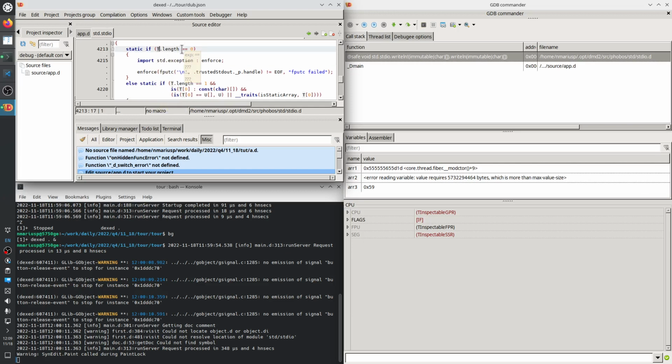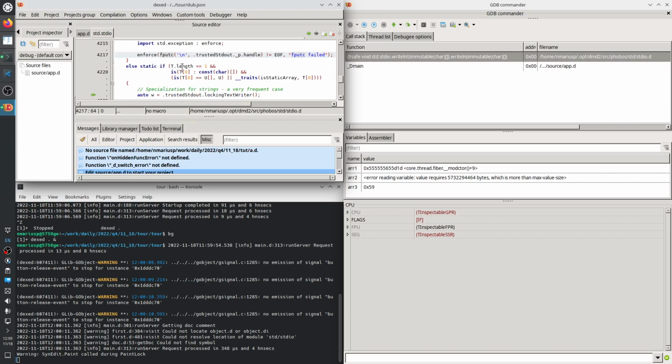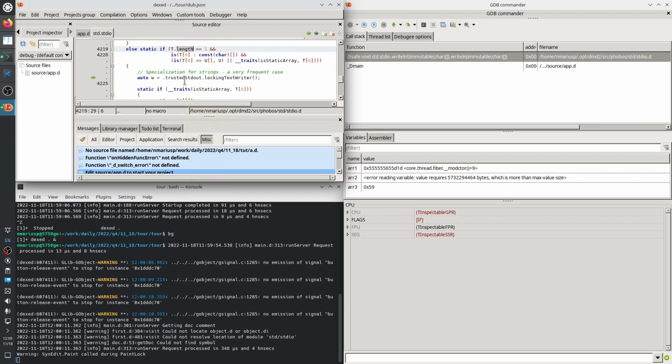So if it's empty, if its size is empty, then it enforces. If not, if its length is 1, which is our case, because it's an array of just one string,